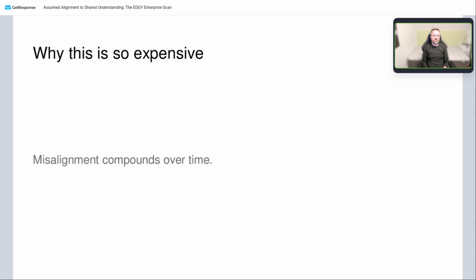And the cost of this: it's easy to have misalignments in the beginning that seem really small. We think, we're not really aligned on things, but it's no problem, we'll fix it over time. But the problem is that misalignment compounds over time. Very often, when we have a small problem in the beginning and we start implementing things, suddenly one of the stakeholders comes in and says, "This is not the direction that I was hoping to go," and that possibly means that we have to change quite a lot of things. Quite a lot of work goes to waste,